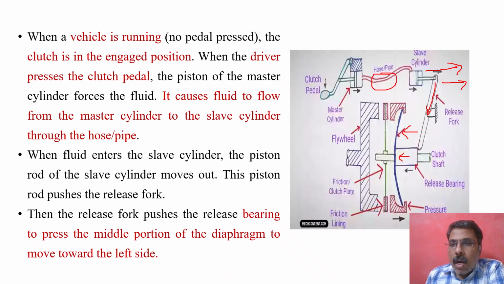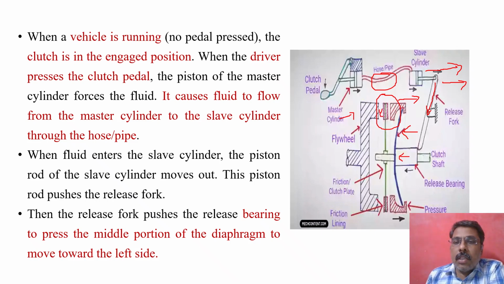Due to this action of the slave cylinder piston, the frictional plate moves towards the right. Whenever you apply force through the slave cylinder, the frictional plate is moved along that direction. Due to this frictional plate movement towards the right, the engaged flywheel and frictional plate will be disengaged, because